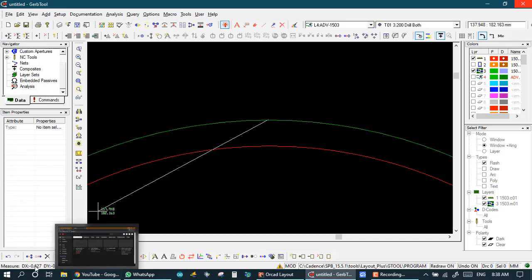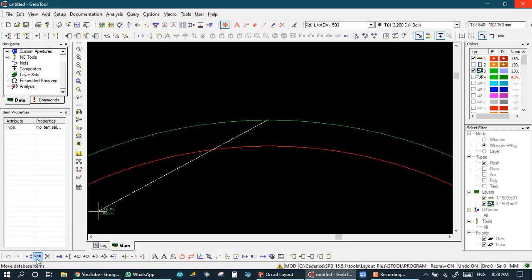So we see the difference between the masking layer and copper layer. I measure it. The difference in the y-axis is 0.104 mm. So now we know the difference between the copper layer and masking layer is 0.104 mm.